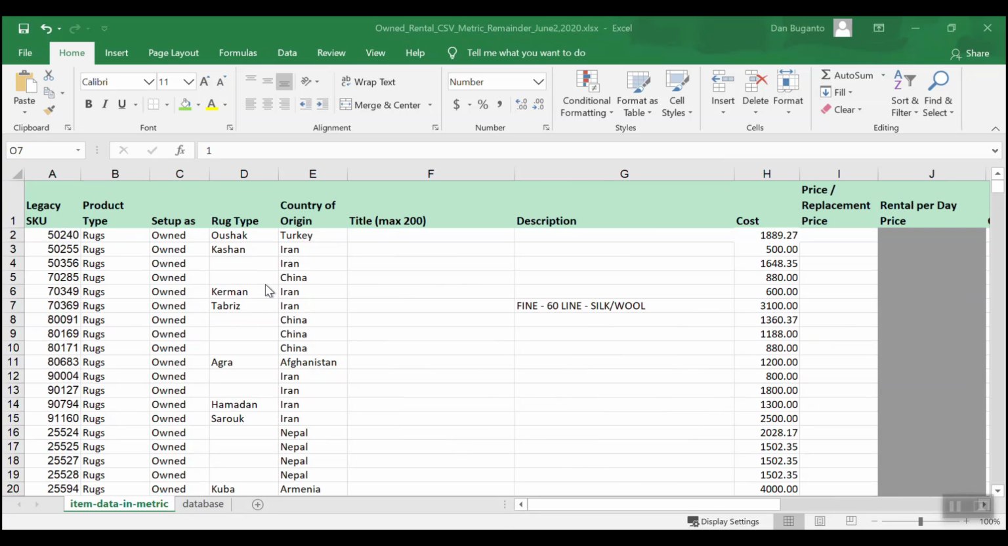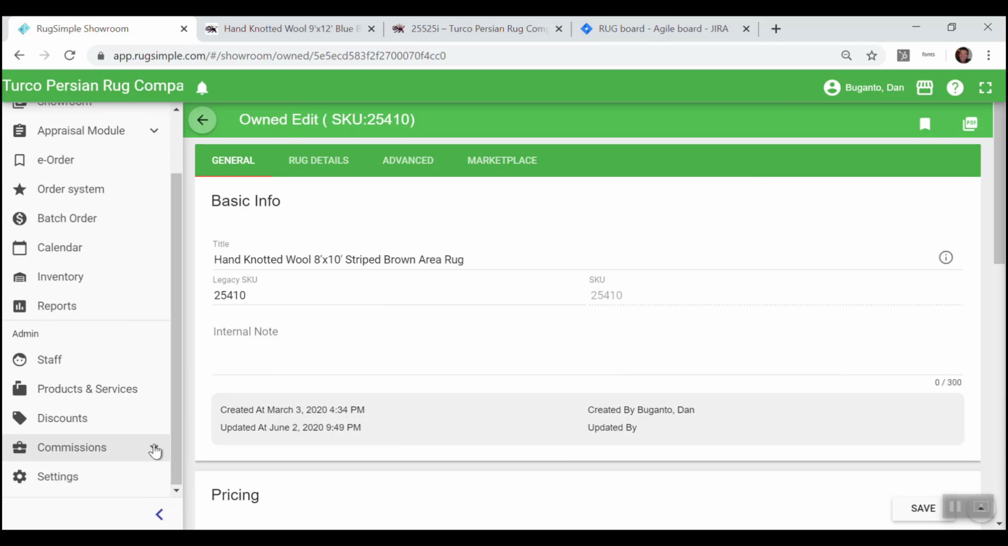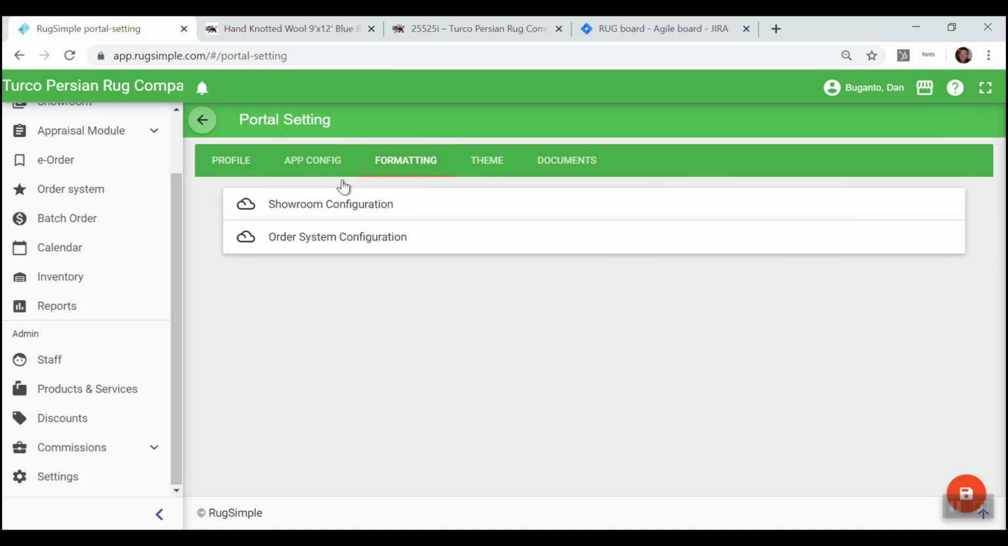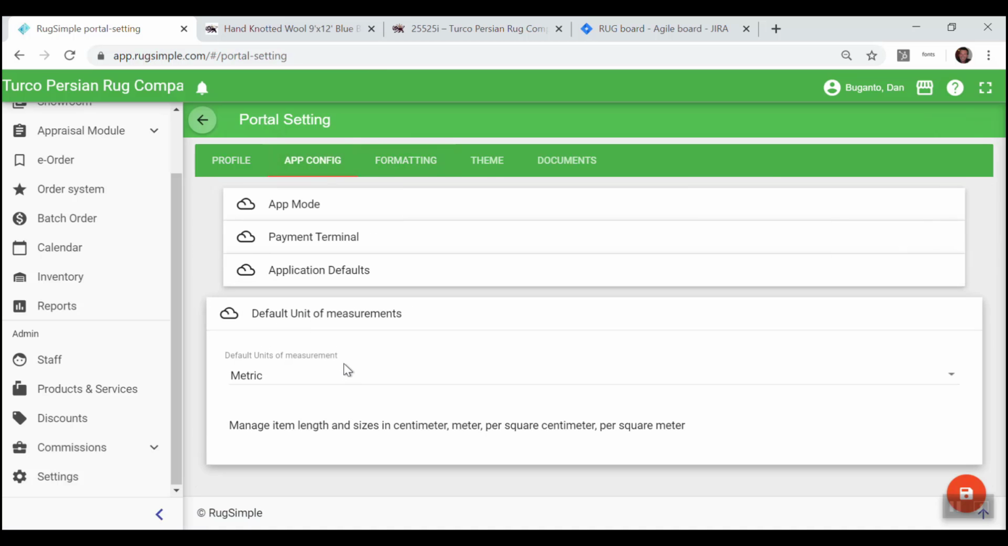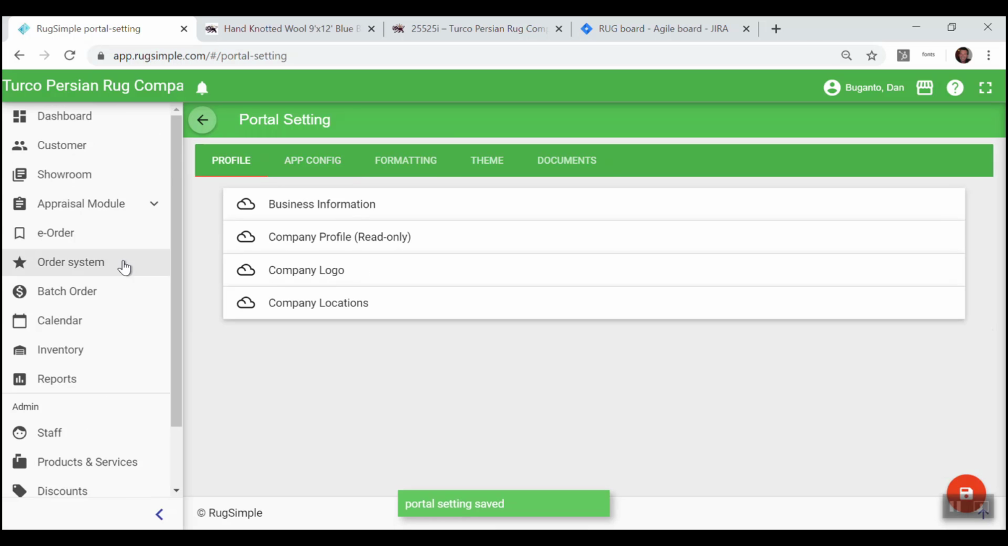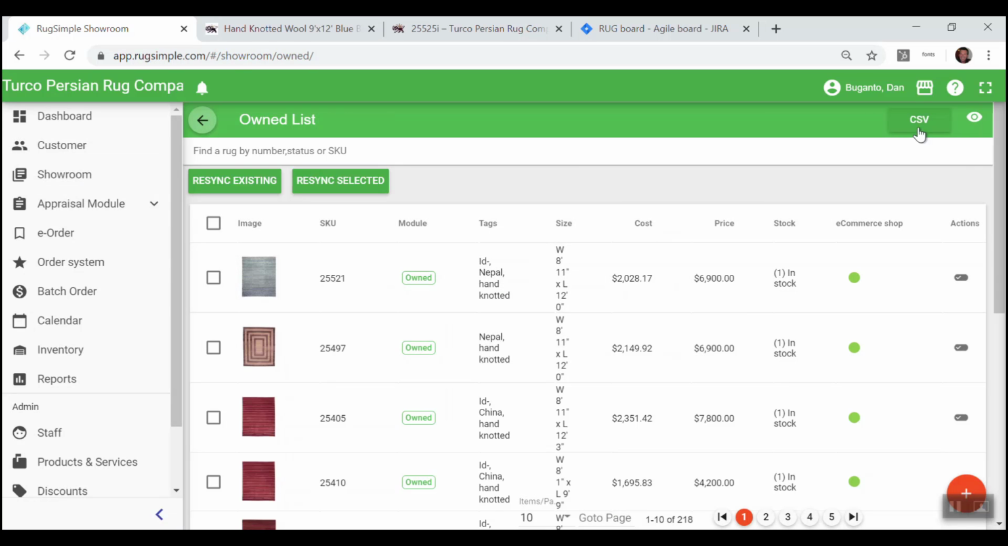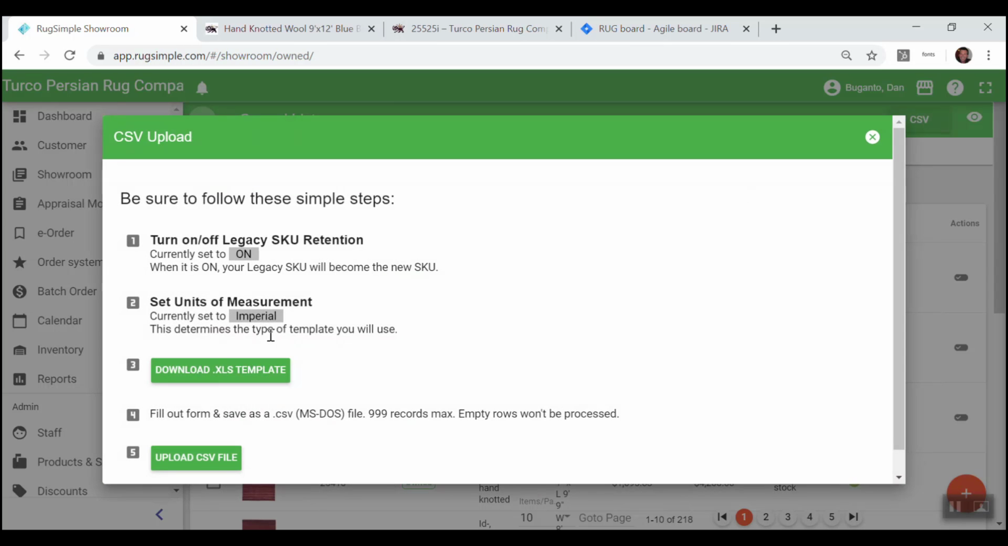Now, please note that this template that I'm using here is a metric template. I'm just going to minimize this. If I go back into my system and I set my default unit of measurement to imperial, save that, and I go back into my rug list for the CSV uploader, it'll say that my units of measurement are currently set to imperial. And when I download the template,